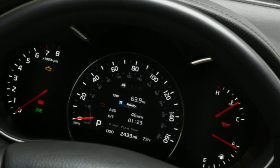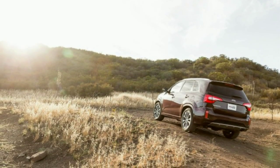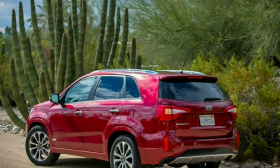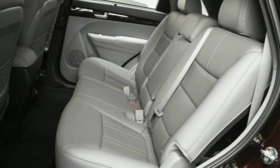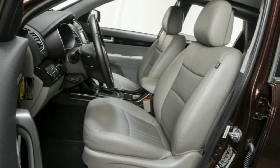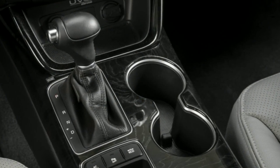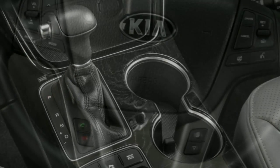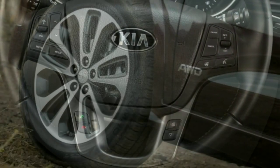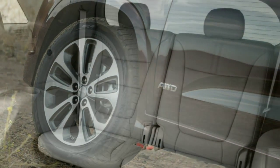To the LX, the X adds 18-inch wheels, automatic headlights, fog lights, a rear spoiler, roof rails, keyless ignition and entry, adjustable steering assist, rear parking sensors, dual-zone automatic climate control, rear air conditioning, leather upholstery, heated front seats, an 8-way power driver seat with power lumbar support, a 4-way power passenger seat, a third-row seat, ambient interior lighting, an enhanced gauge cluster, an auto-dimming rear view mirror, rear seat shades, Kia UVO telematics system and a rear view